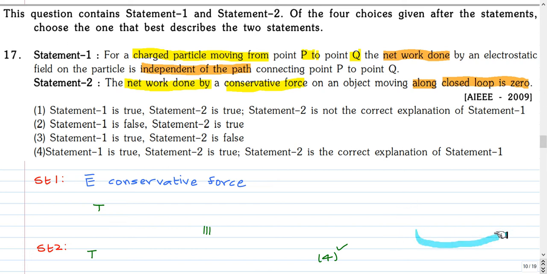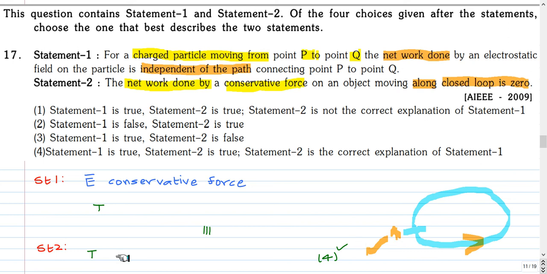So in a conservative force field, suppose this is a closed loop, and let us consider this point P here. So the work done in moving from this point along this closed path and coming back to the same point is same as moving from this point to the same point in this direction. So the work done along this path, since the path length is 0, it is 0. So the work done along this closed loop is also 0, because the work done moving from a point to the same point along this path and also along the closed loop should be same, and along this path it is 0 because the path length is 0.